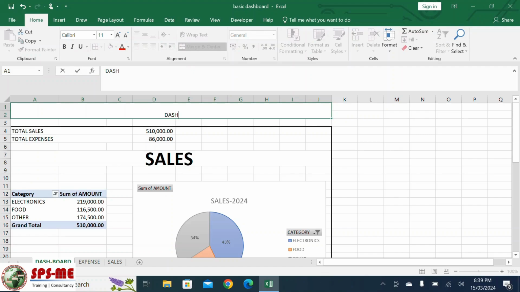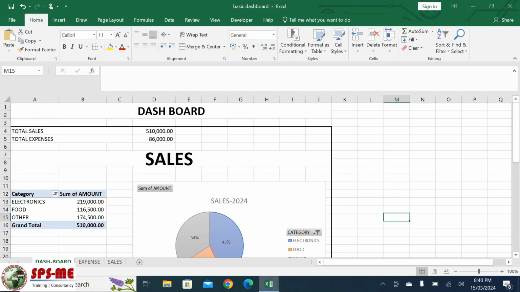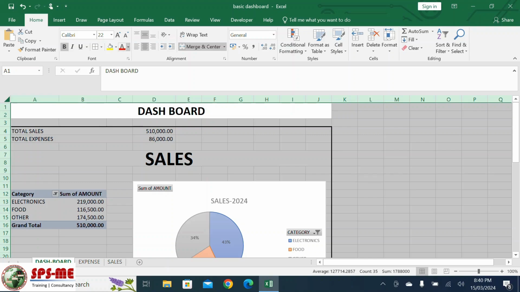Then here what I want, I select from here to here, merge and center, dashboard, then click, make middle align, bold, and you can make it bigger. Yes. Okay. Now I select all. I click here, then I can just simply select a